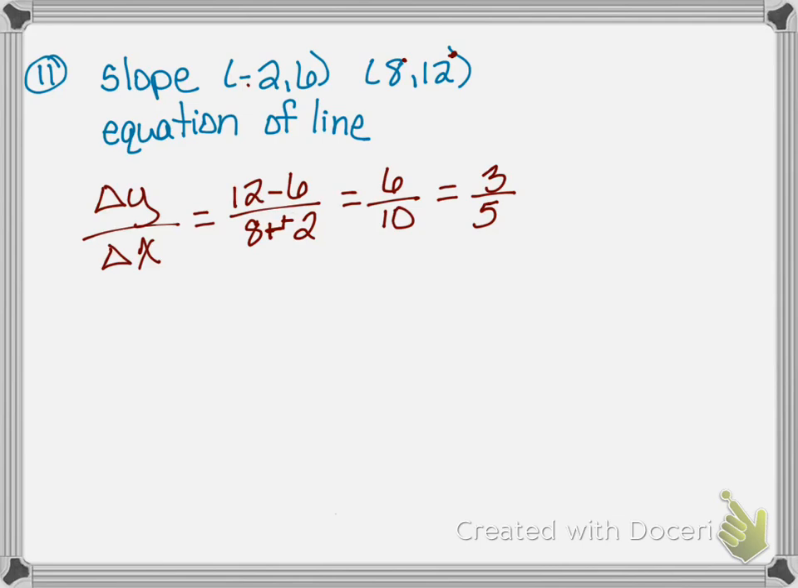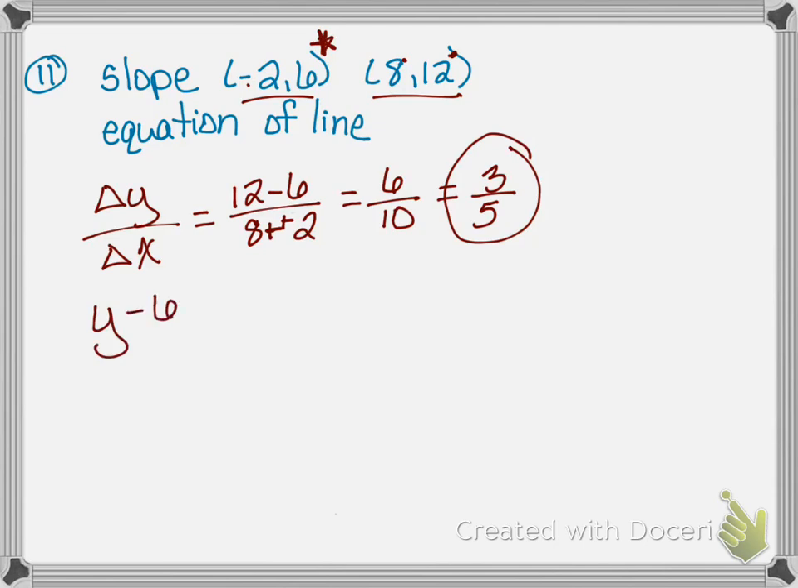Okay, now the next thing that I want to do is take this slope and take either point. It doesn't matter which point you take, and put it in point slope form of the line. So I'm going to use this point right here, (-2, 6). But if you used (8, 12), you would be completely fine. Okay, so I would do y